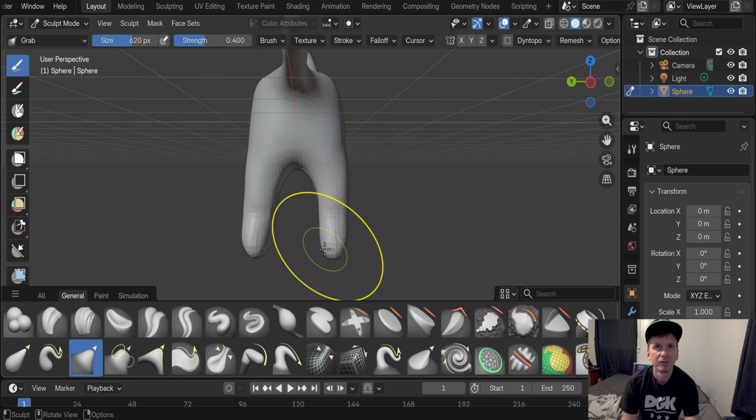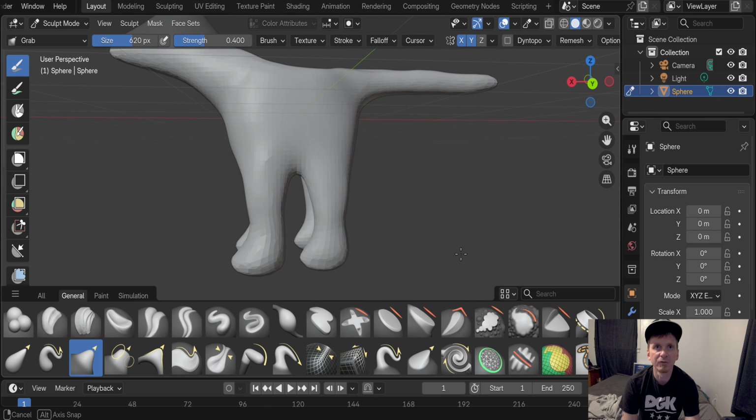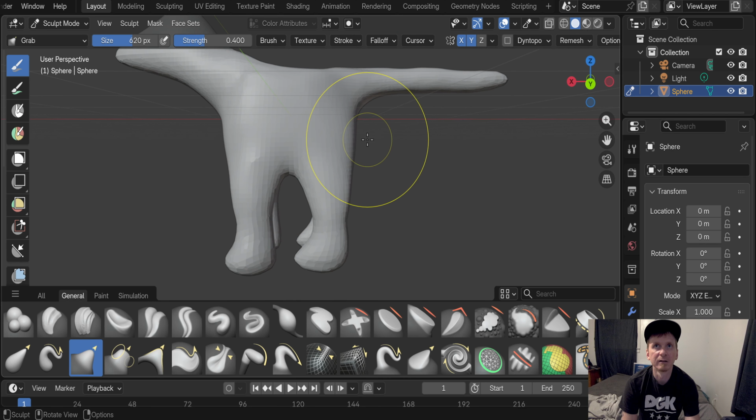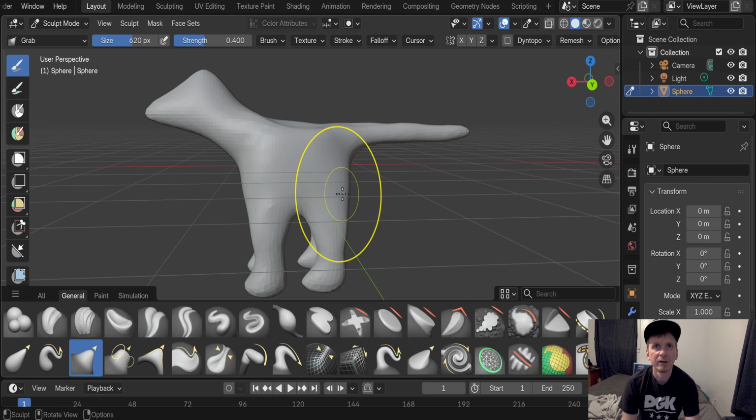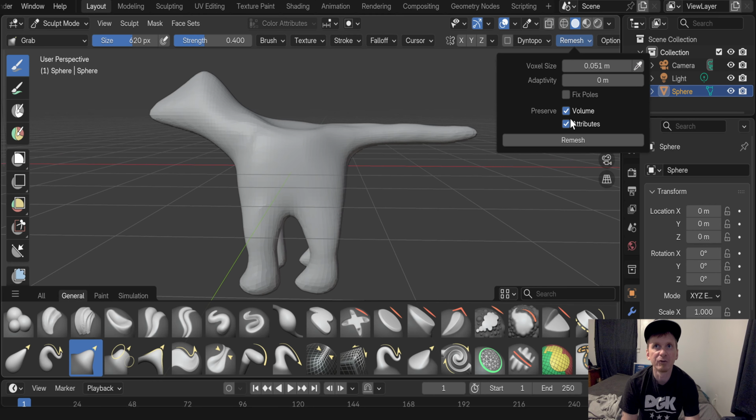Click the legs. I actually forgot I ain't mirrored. We want to re-click the X and Y, then pull in on the legs. There we go. Pull out a little bit. There we go. Now what we're going to want to do is we're going to hit the remesh again,